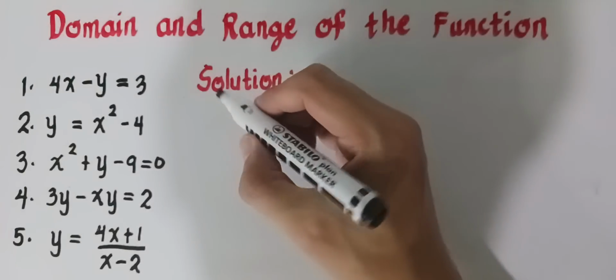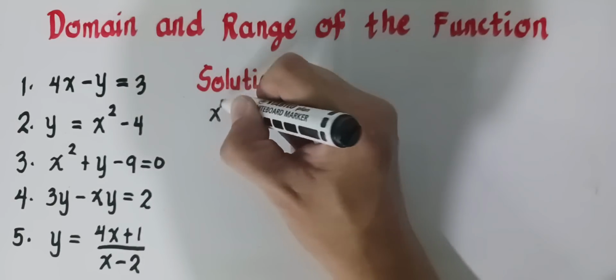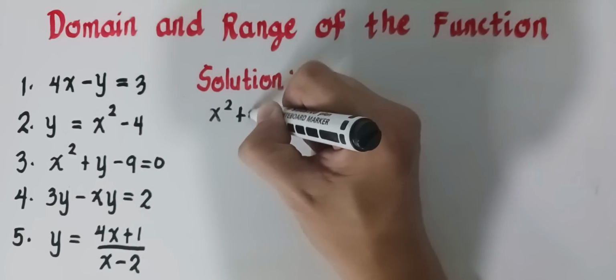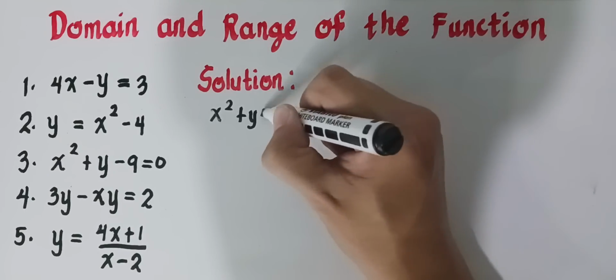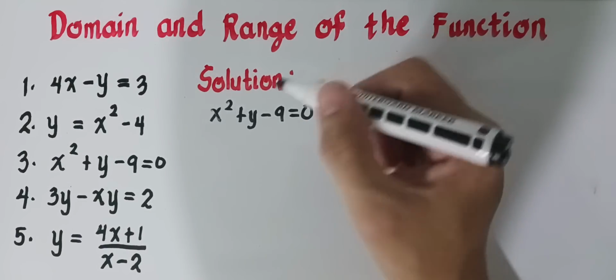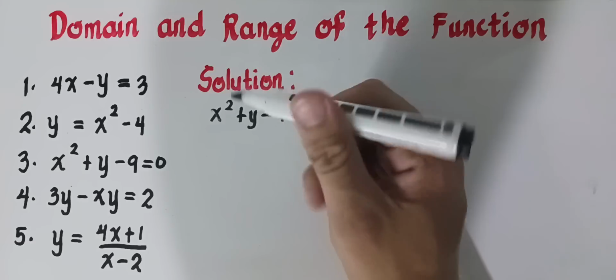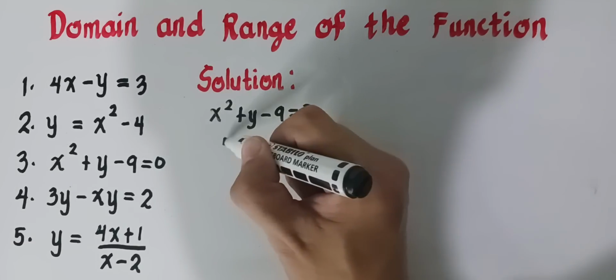Okay, solve natin, number 3. So, we have x squared plus y minus 9 is equal to 0. Okay, so, to find the domain, solve for y. So, magiging ano to? X squared